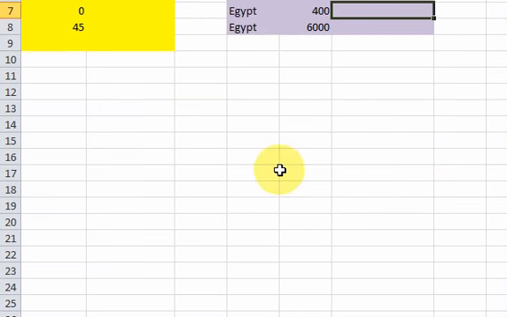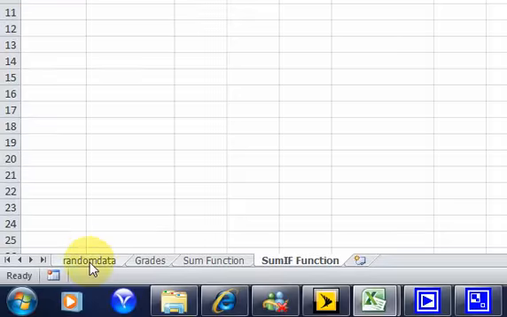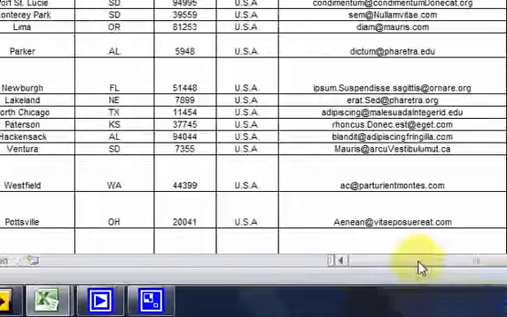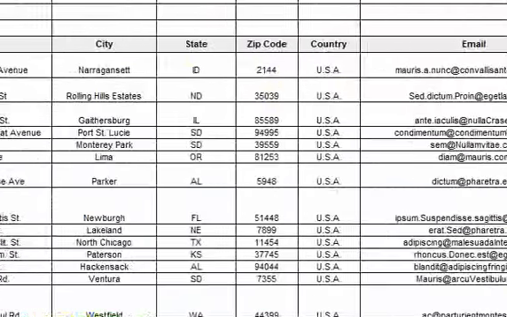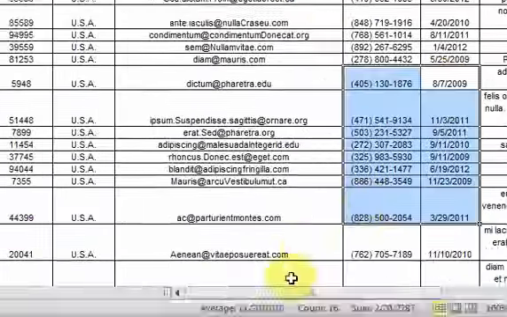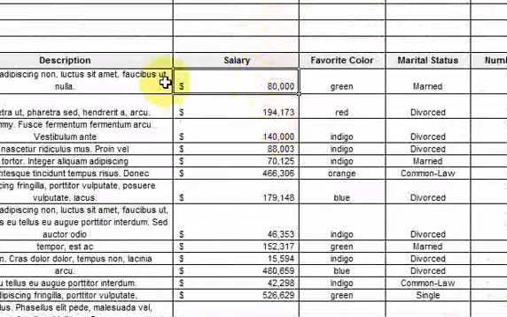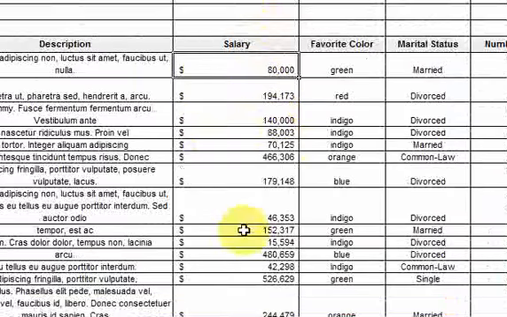Okay, so let's move on. We're almost done with the video. Now let's do a real-world example. You work at some company. You have all this data with customers and employees, and over here you have this salary column with a list of salaries for people who work at your company, and you want to find out,